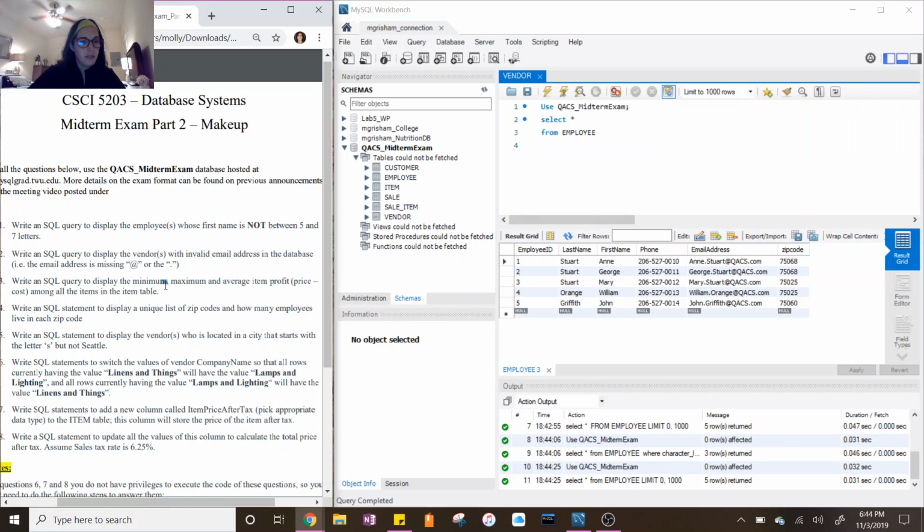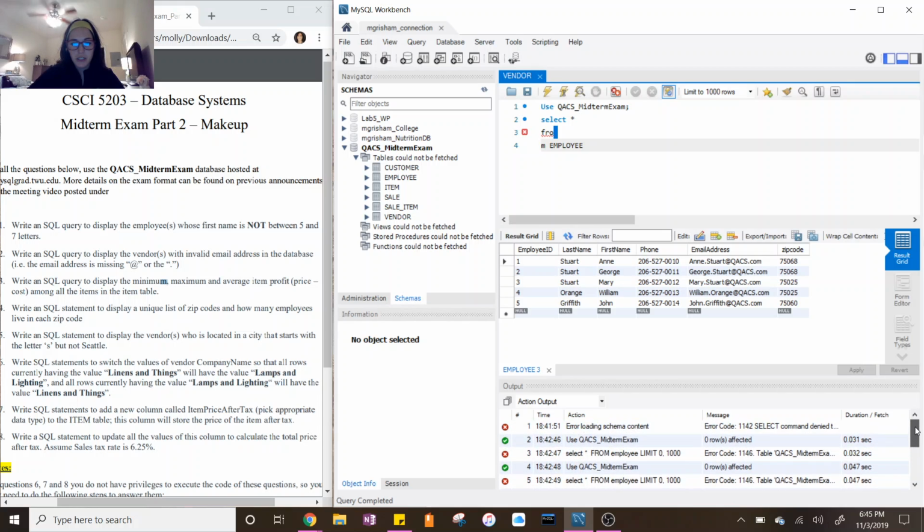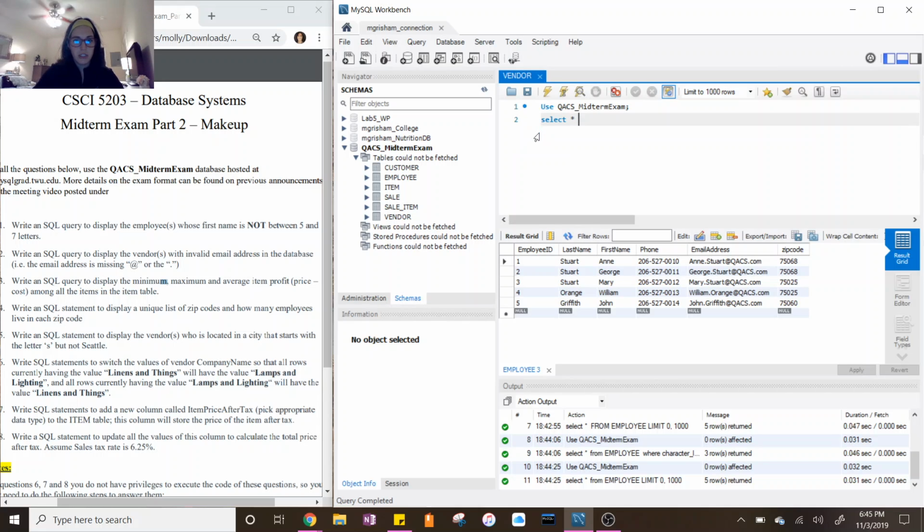Write a SQL query to display the vendors with invalid email address in the database. I will say, Professor Darwish, that I had a tough time with this. I probably practiced 1,000 times. I don't know why I couldn't seem to get it, but after lots of trial and error, I was able to get it. So let's say select all from vendor